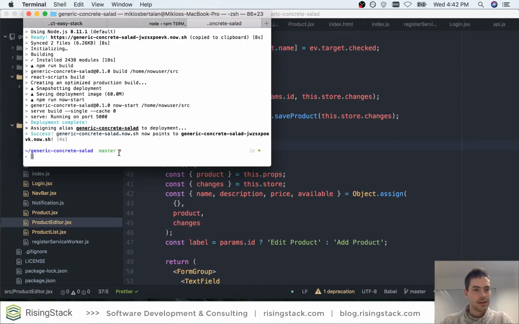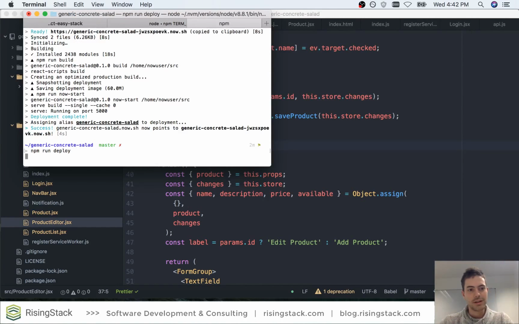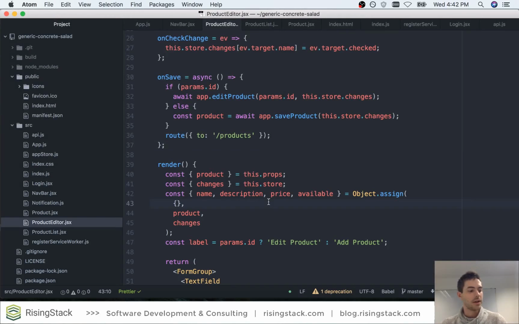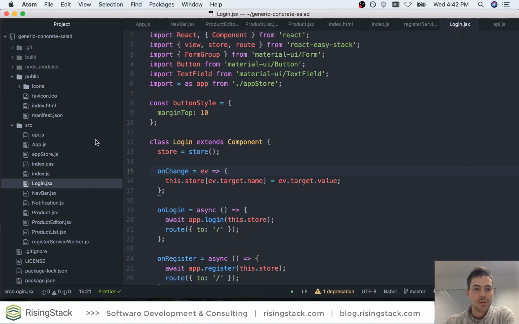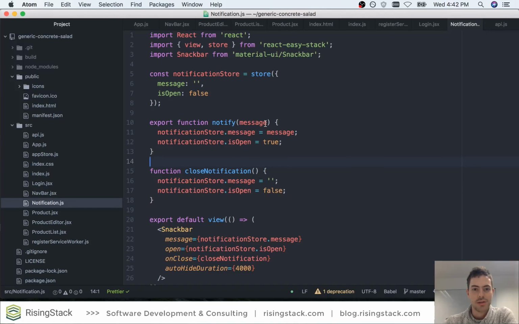Yeah, let's just deploy the whole thing to the internet and continue with playing around with the notifications and progressive everything. So one more thing that I wanted to do with the notifications is having an action also. So for the second parameter of notify, I think I will do a little action, which is going to